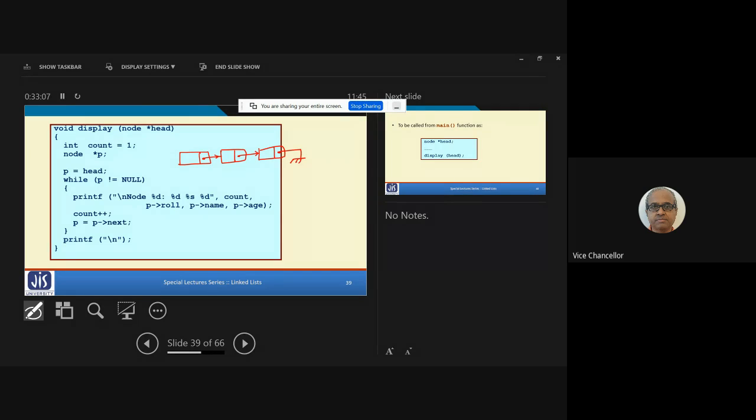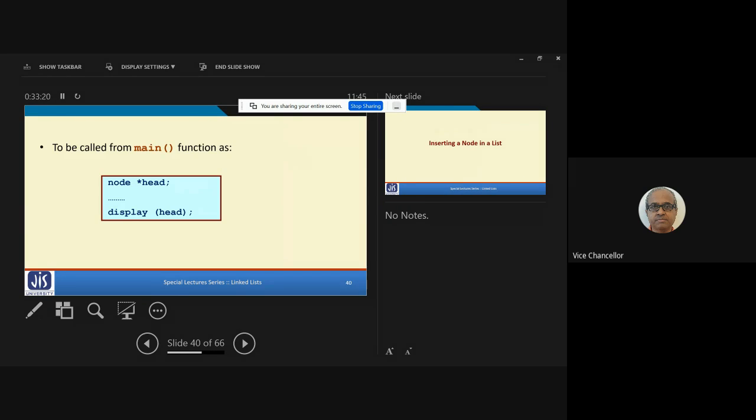This is null and head is pointing here. So before explaining this again, let us look at the main function. In the main function, we have declared the variable called head, and when we are calling create list, we already did something like this, right? We did something like this.